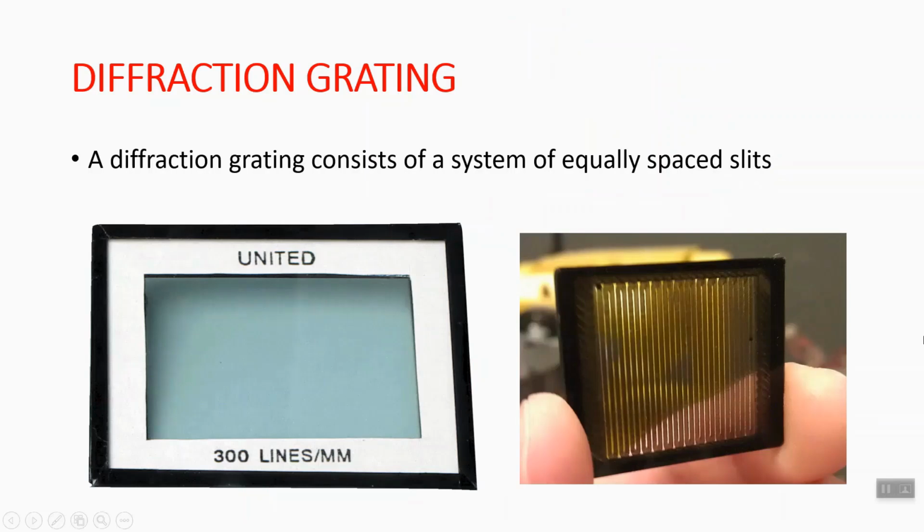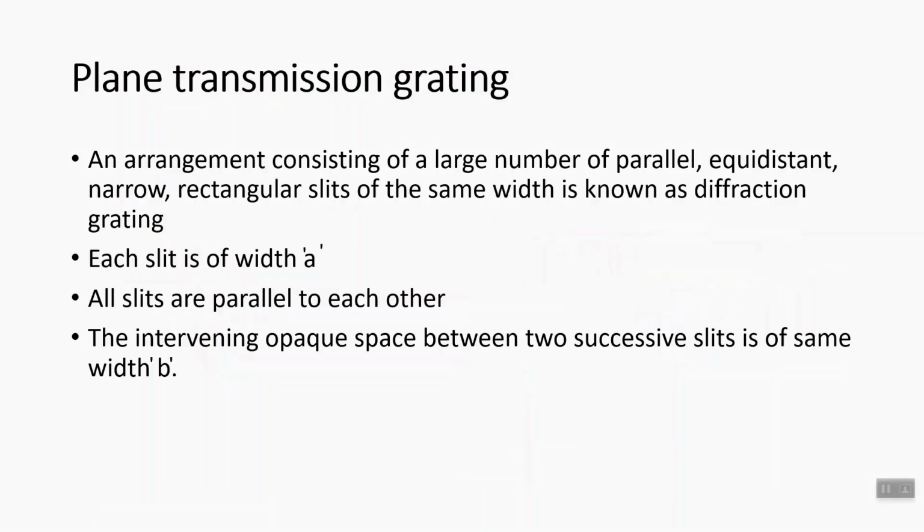A diffraction grating consists of a system of closely spaced slits of equal width. If the number of slits in an obstacle is large, the sharpness of the pattern is improved, the maxima get narrower. A grating is constructed by making a large number of rulings on a transparent material like glass or plastic using a diamond pointer. A transmission grating consists of a system of equally spaced slits and is made by ruling a series of closely spaced parallel lines with a diamond pointer on an optically transparent sheet of material.